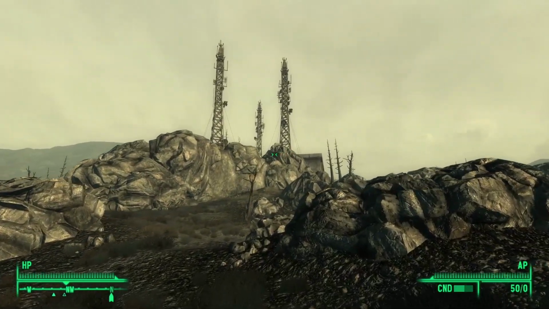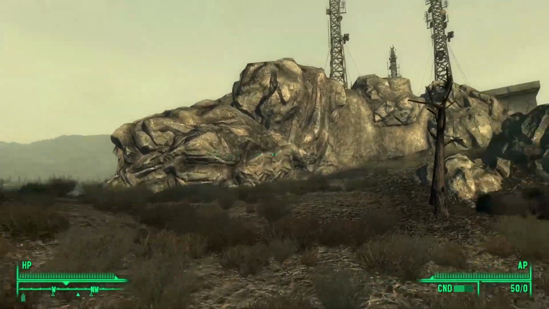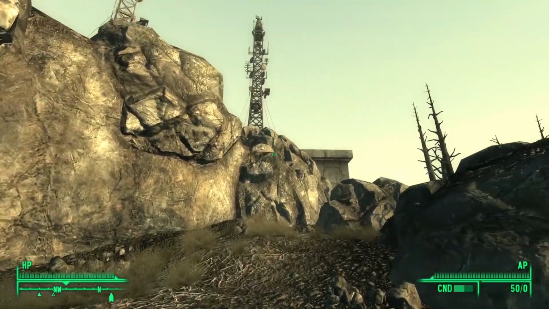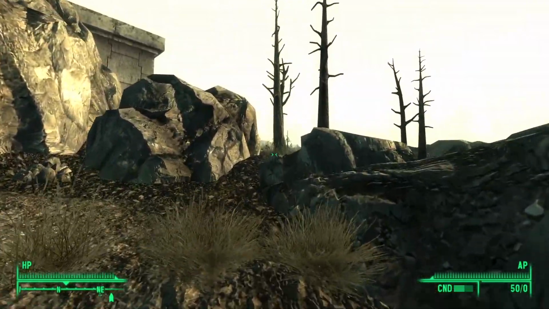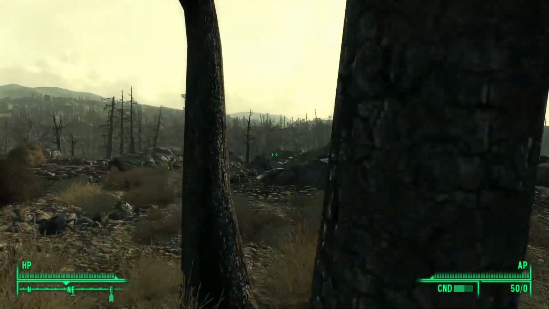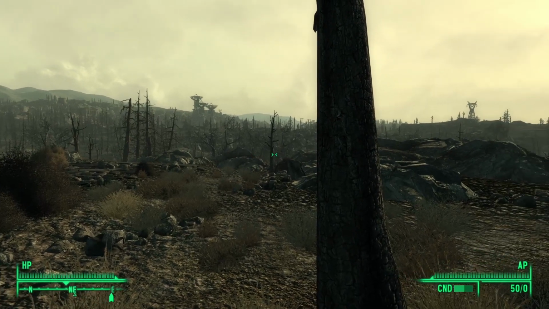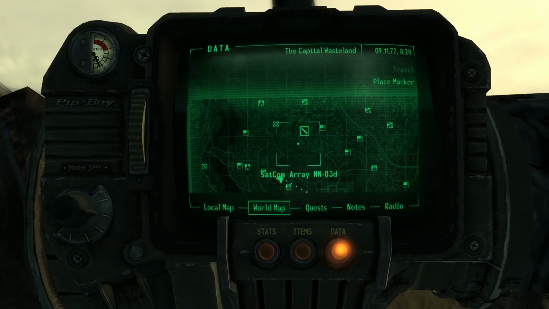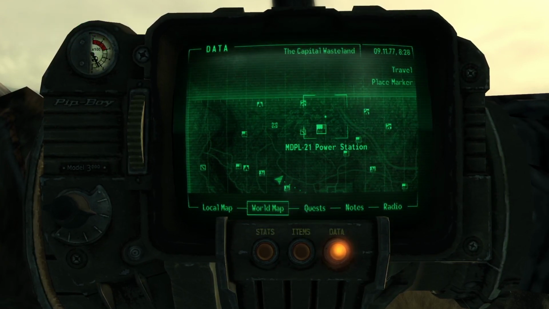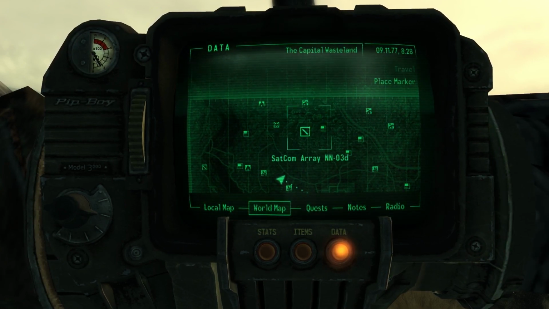It's right up here. It's got 3 antennas. It doesn't seem to have any monsters or murderers, because otherwise the compass would have ratted them out. But there's also things to the northeast. And those need to be... Oh, is that the SATCOM array? No, it is not. Fort Constantine. So I got the radio tower. The train tunnel is for the DLC. How did I...